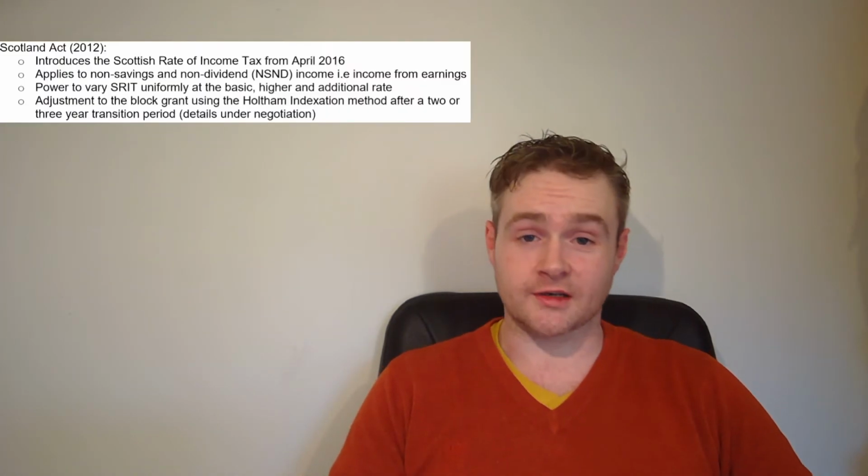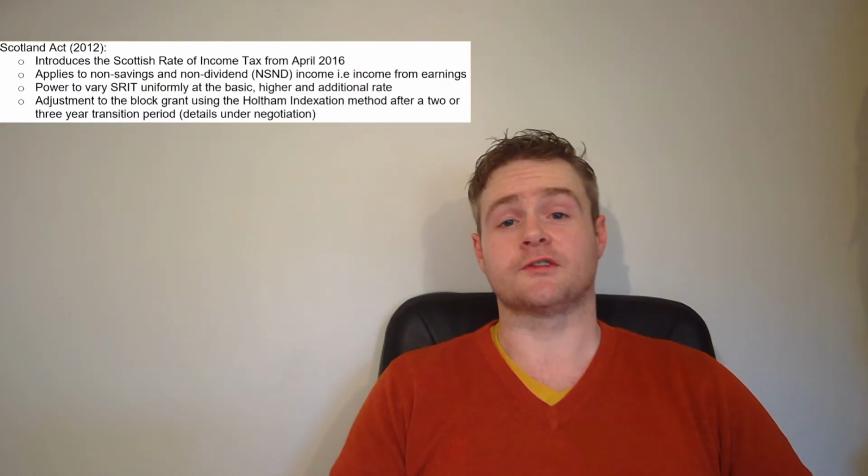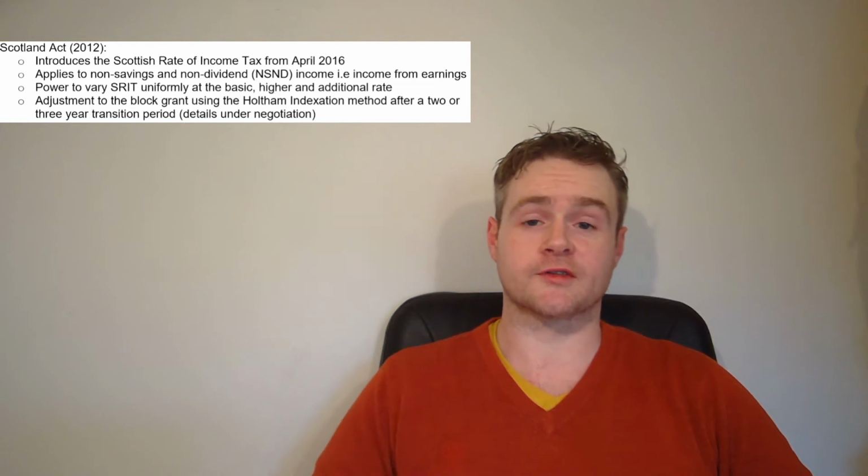Now, there's been a lot of coverage recently of the Scottish rate of income tax, and specifically in relation to the Scottish Labour and the Liberal Democrats proposing to increase it. So, what is it, how does it work, and how can we decide if raising it is a good idea or not? Well, to fully understand the Scottish rate of income tax, we need to take a step back first